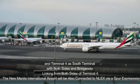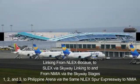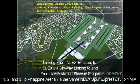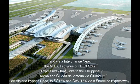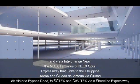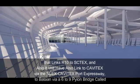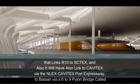The new Manila International Airport will be also connected to NLEX via a spur expressway linking from NLEX Bocaue to SLEX via Skyway linking to and from NMIA via the Skyway stages 1, 2, and 3, to Philippine Arena via the same NLEX spur expressway to NMIA and via interchange near the NLEX terminus of NLEX spur expressway that links to the Philippine Arena and Ciudad de Victoria via Ciudad de Victoria Bypass Road to SCTEX and CAVITEX via a shoreline expressway that links R10 to SCTEX, and also it will have also linked to CAVITEX via the NLEX CAVITEX Port Expressway,